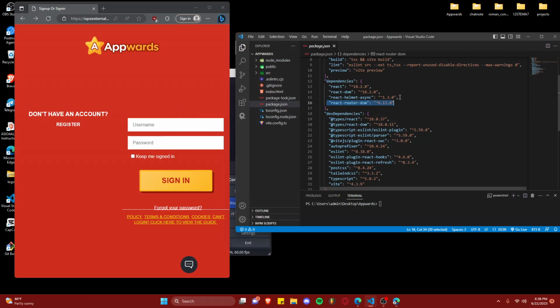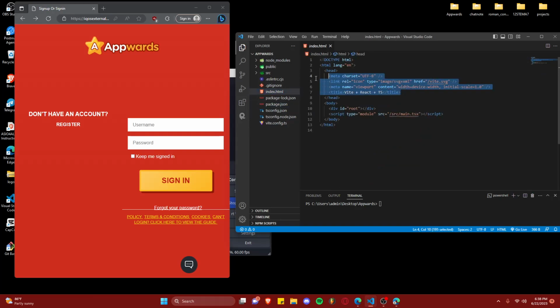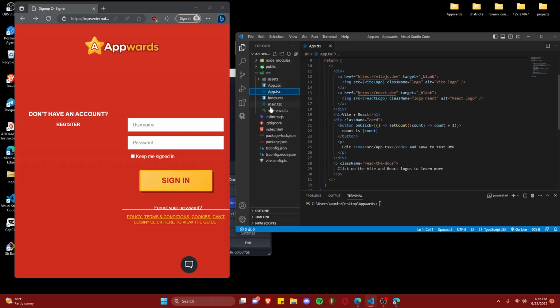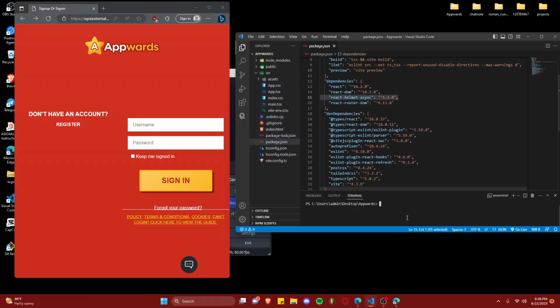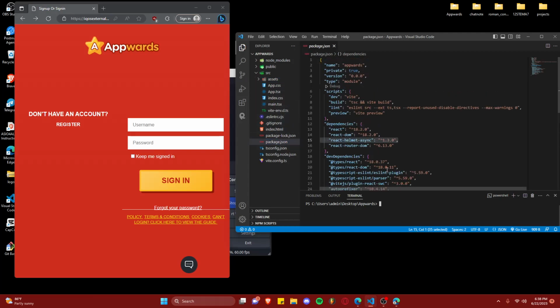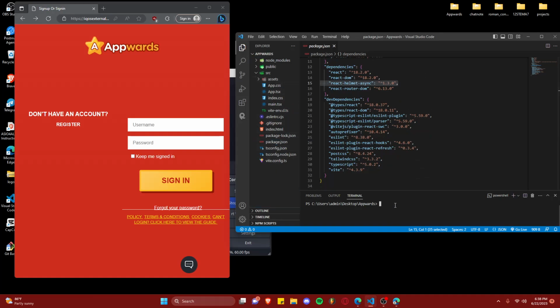And then the helmet async for SEO. So it will change the head tag here, because we can't really change it in React itself, because this is plain React we're using, and we're only using Vite for it to be developer friendly. Yeah. Anyway, that is good to go. I just need to actually create the config file for Tailwind. So,